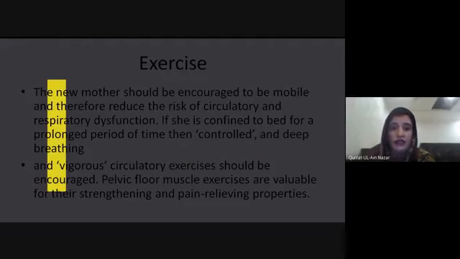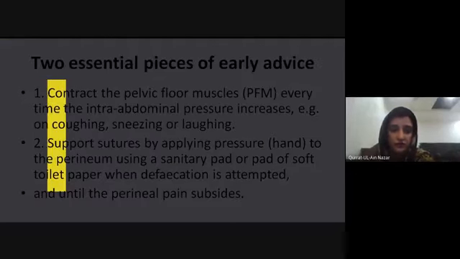Symptoms to look out for, with consideration of referral for physiotherapist assessment, include diastasis of the recti abdominis muscles, inability to voluntarily contract the pelvic floor muscles, perineal pain or discomfort, symphysis pubis pain or referred pain, back pain,